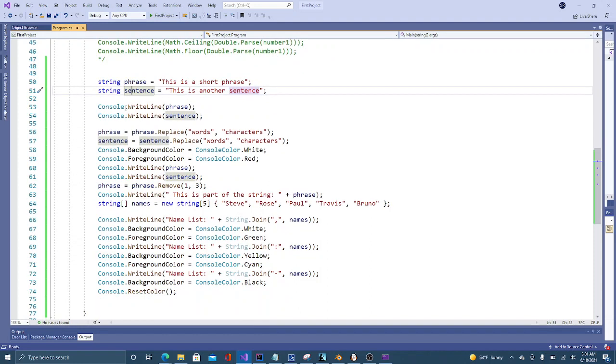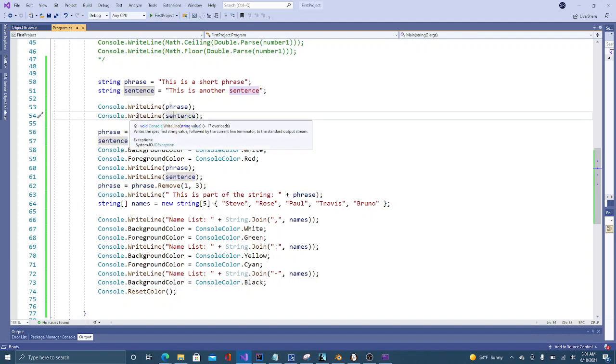And now Console.WriteLine(phrase) will output the string variable phrase. Just like another WriteLine with sentence in the parentheses, we output another string variable, sentence. And if we run the program again,